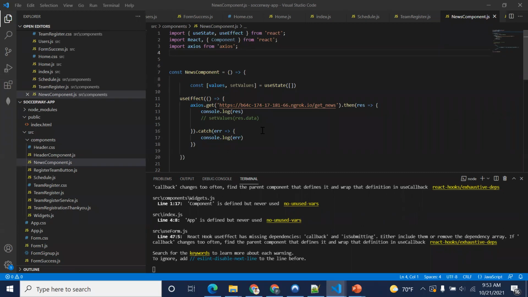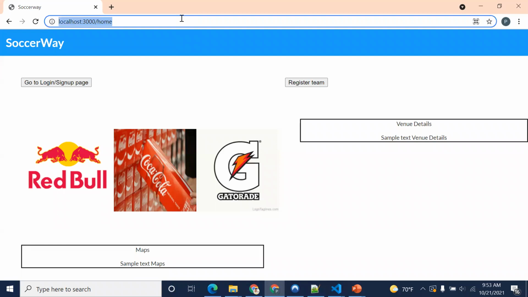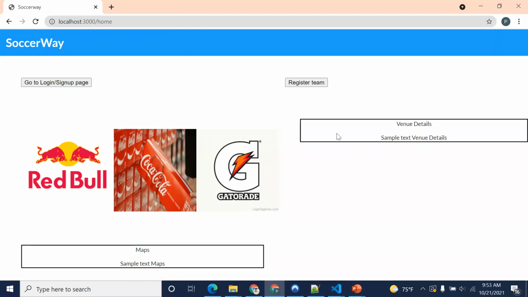Now, I'll just quickly guide you through what we have done till now. Starting with the landing page, this is how a basic landing page will look for our particular project as of now. We have multiple links here: a login link, a sign up link, and a link for registering our team. And we have a section which will display our sponsors and a section which we can use to manage sponsors and admit sponsors and approve sponsors and things like that.